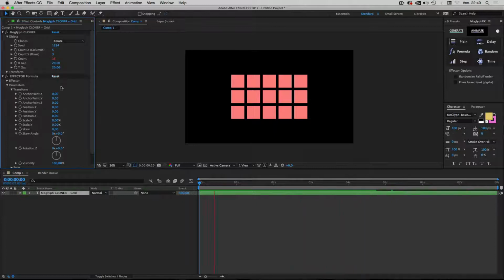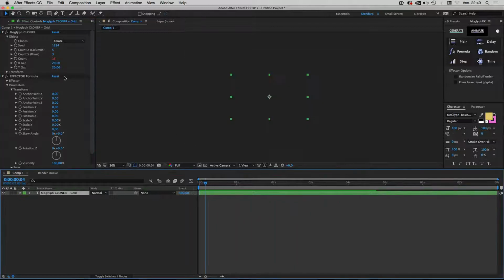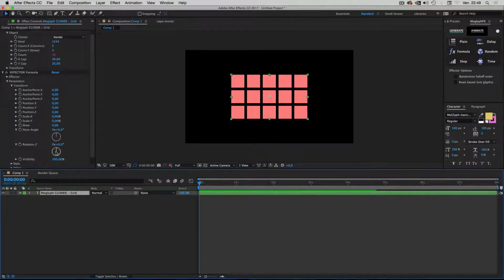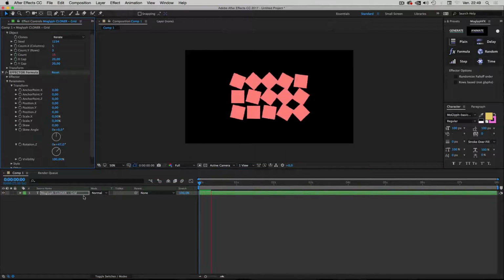This is the default, the reset version of effector formula. Now I can, for example, play with the rotation, and now you have a nice motion with a wavy animation. You can play with the scale, so I can type